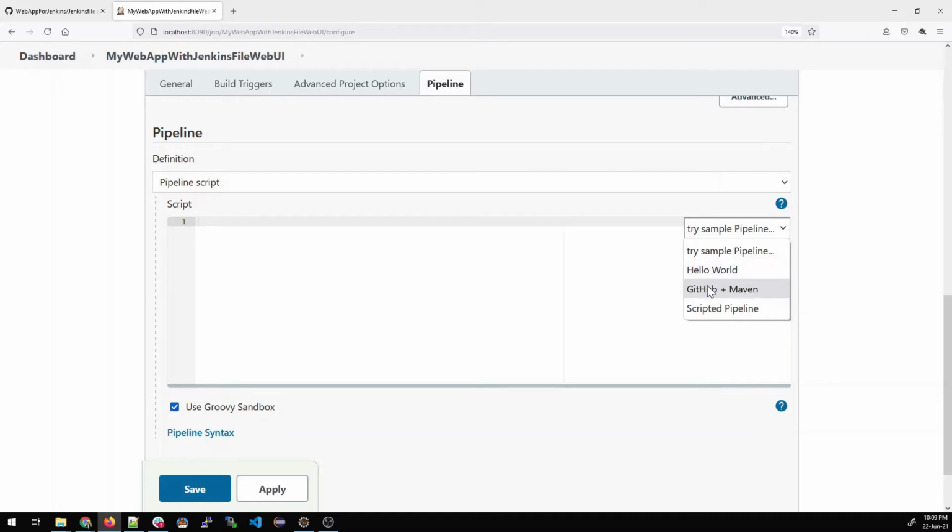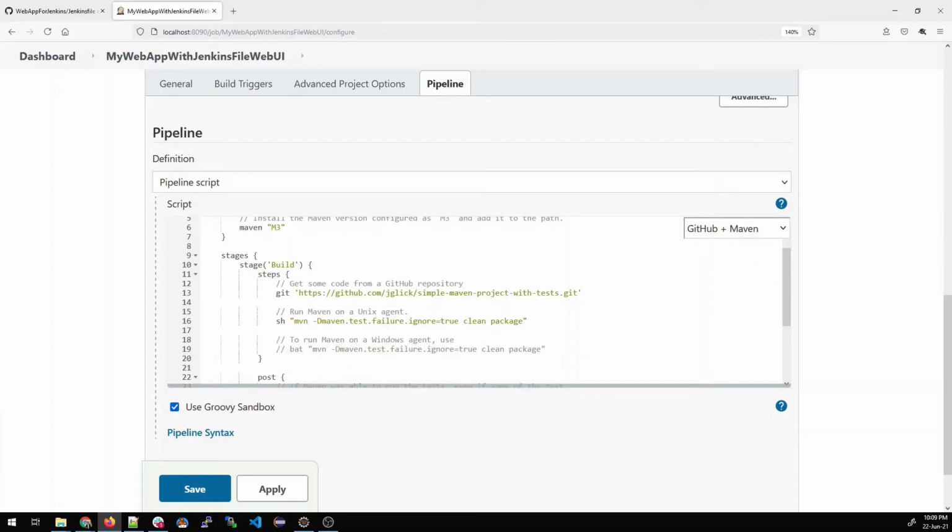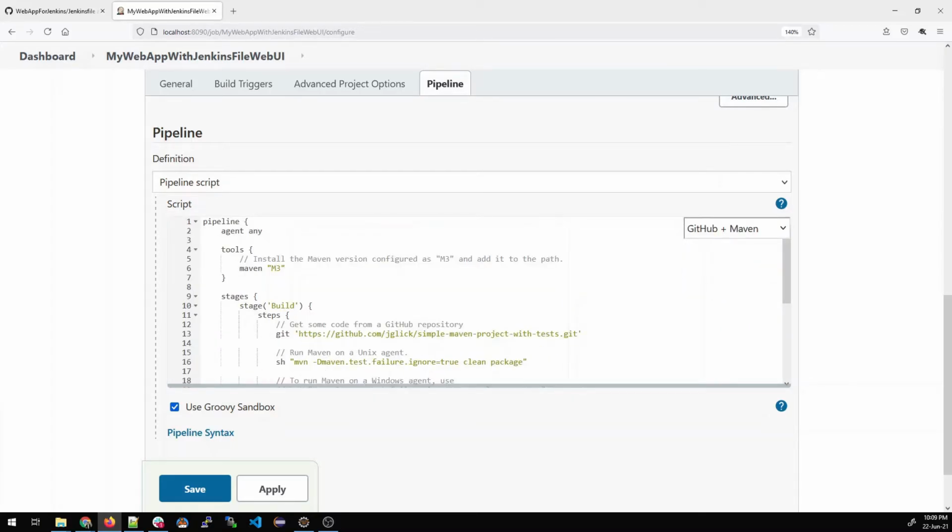Now if you click over here, it will give you the basic template of how a GitHub plus Maven template looks like. Now you can either edit it or you can just copy the one which I gave you on the repository. My repository is public and you can check out and use that code. I'm just showing you a few things that you can do over here.